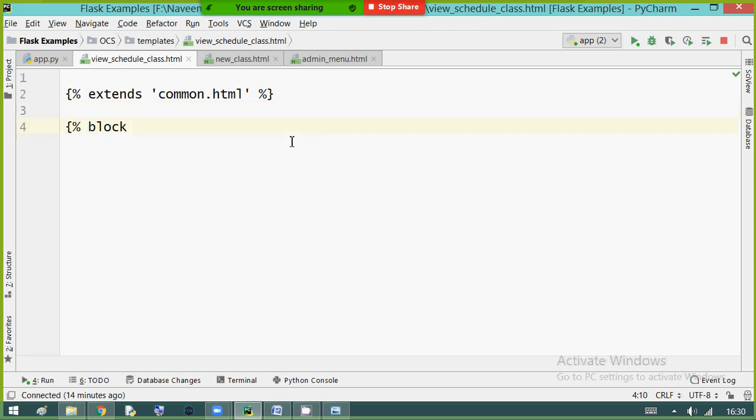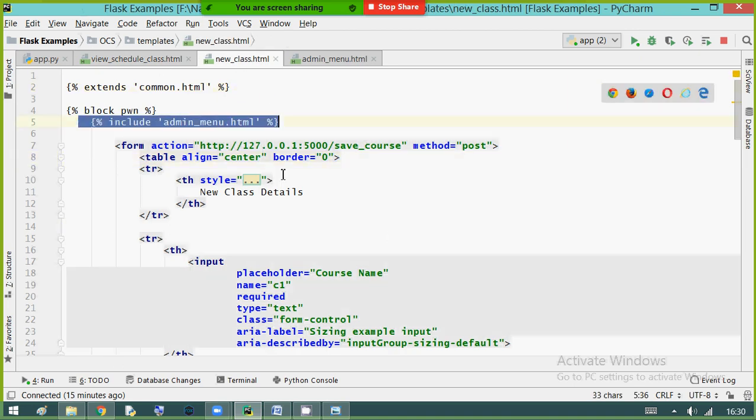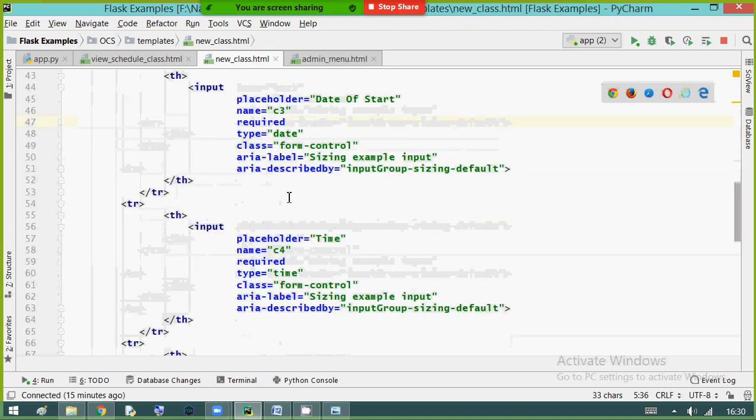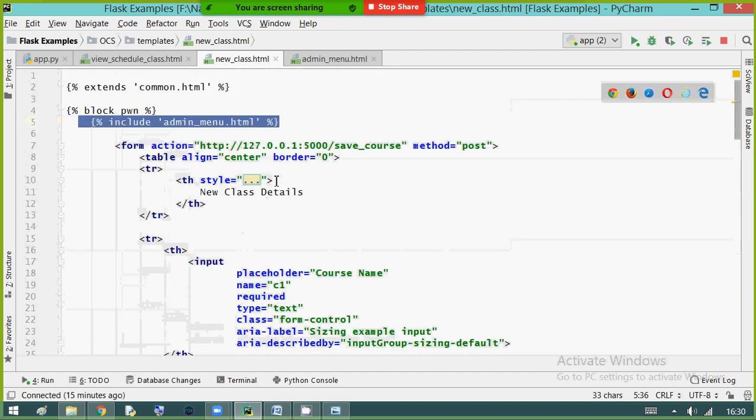The block name is pwn, open and close, end block. Open block and end block. That's it. Okay. Similarly here also I'm including an HTML file.